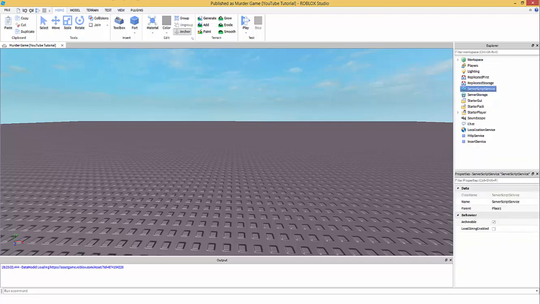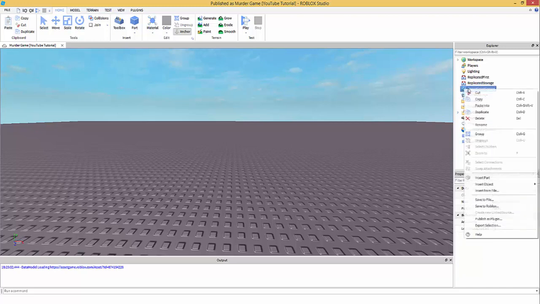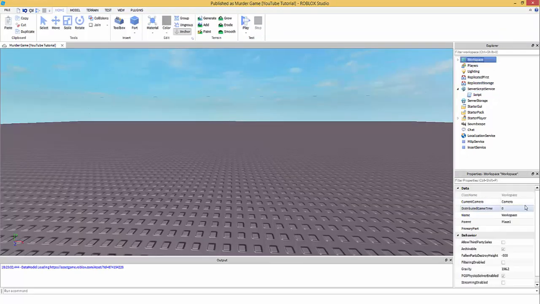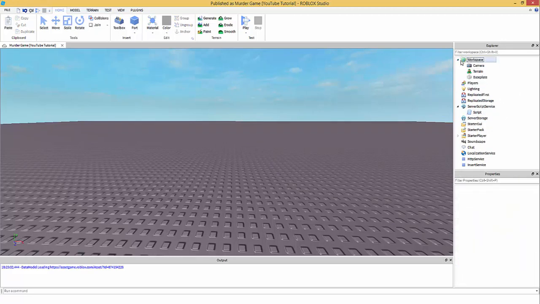So first off, I'm going to assume that if you're watching this, you know what the Explorer and the properties are. So I'm just going to insert a script in ServerScriptService. First off, we want to start by actually enabling filtering enabled in Workspace. We're going to check that. Alright,